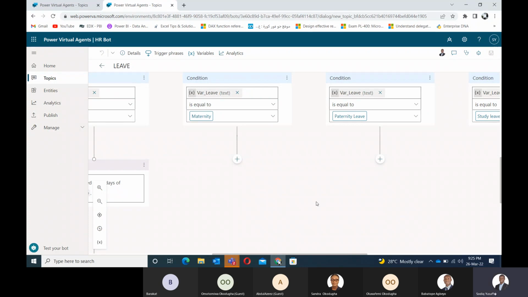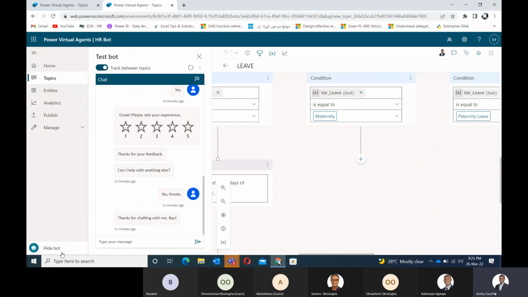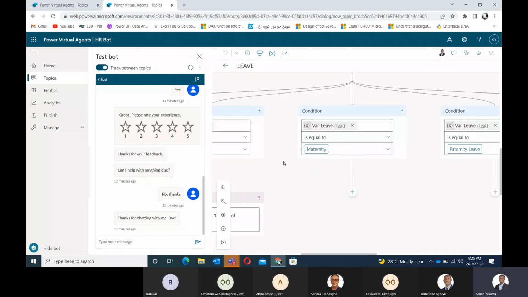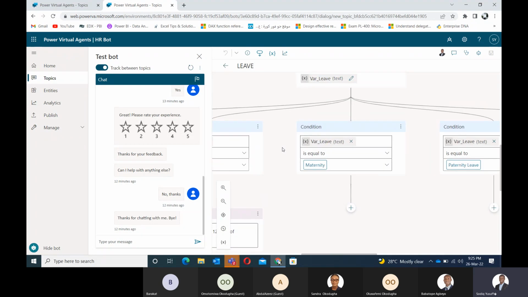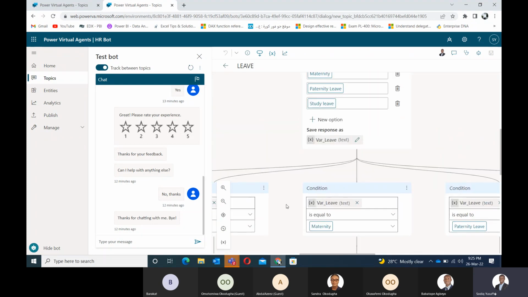All right, well done, everybody. So you can go ahead and test your bot. Now, there's another thing I need to tell you. Whenever you are testing your bot, you have to simulate all possible scenarios. Just put yourself in your user's shoes. So whenever you are testing your bot and you type a question and your bot does not give you the right response,